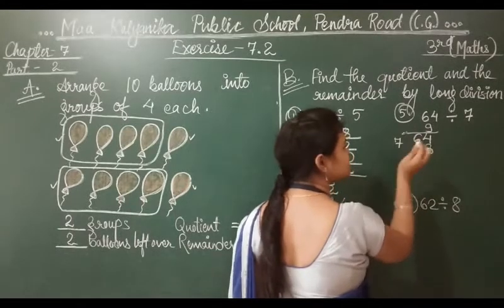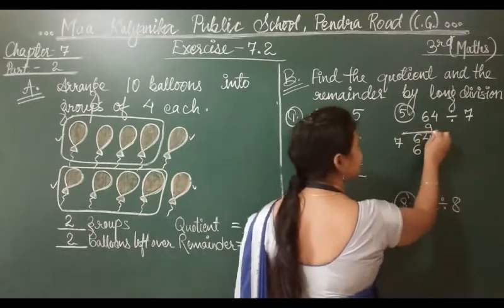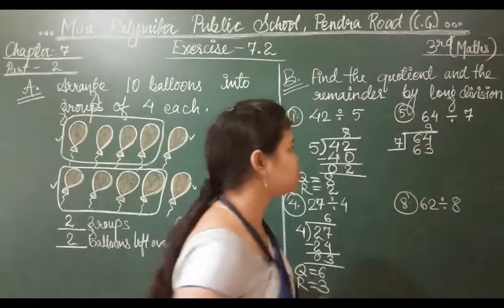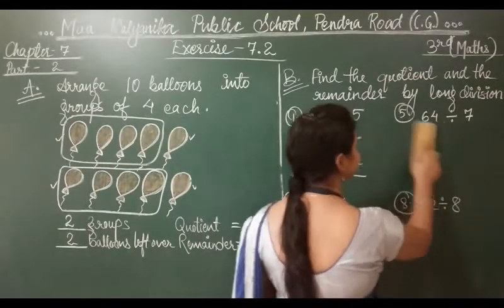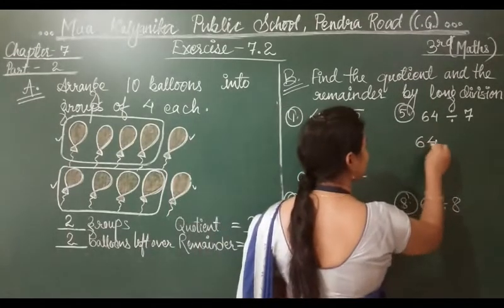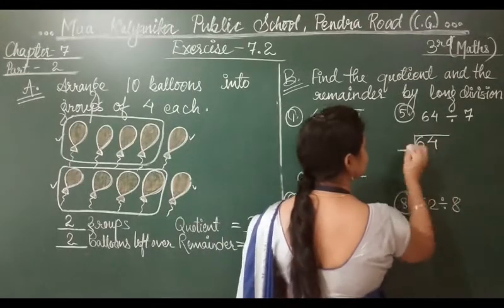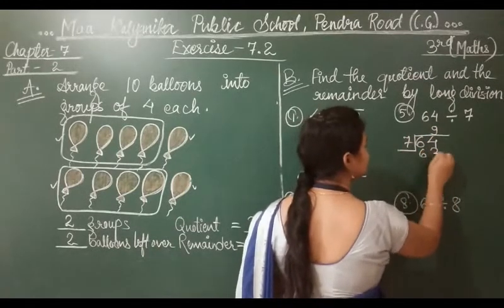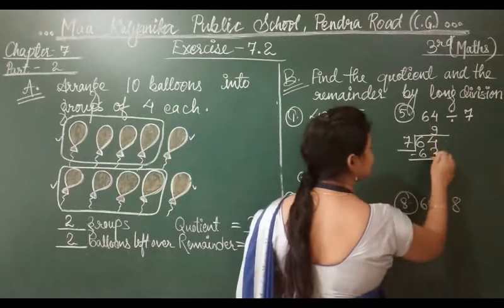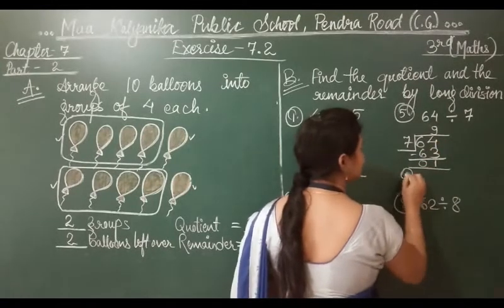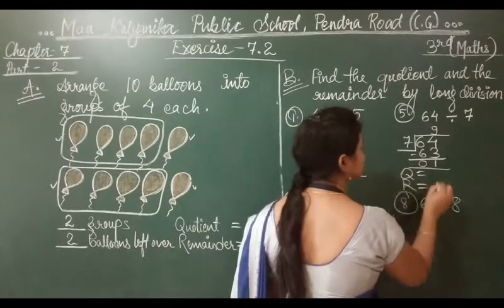You can put the division sign like this or you can even put it like this. Okay, so I am showing you once again here. You can write like this also, 64. You can put it like this and like this. Okay, so 7 9s are 63. You will subtract here. 4 minus 3 is 1. 6 minus 6 is 0. So now students, you will tell me Q and R also.